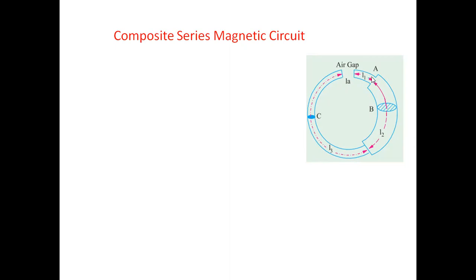Here this is A, this is the variation of A, and this is the path of B, having a length of L2 and some area B, and from here it again has a length of L. This is the flux which is present in this ring structure. Here it has a length of L3, then a length of L2, and from here to here a length of L1. So there are three sections A, B, C.